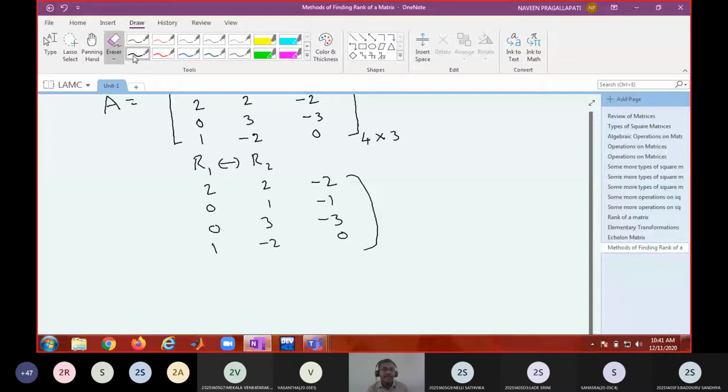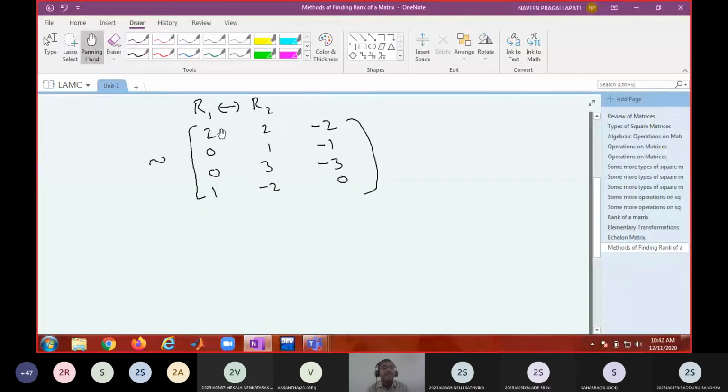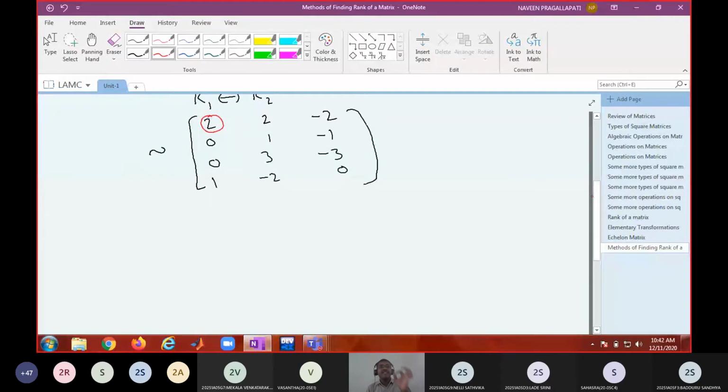Okay, so next, are you seeing a non-zero entry in the diagonal portion for the first row? This is a non-zero entry. So is this the first non-zero entry? Yes. Therefore, can I call this a pivot? Yes. So when you identify this as a pivot, immediately round the pivot element. Once the pivot position is fixed, your next task is to make the entries under the pivot element 0.